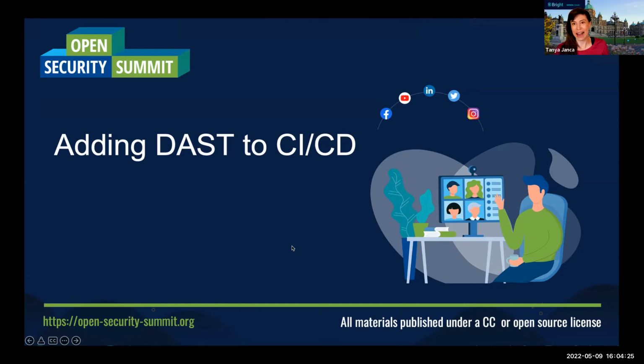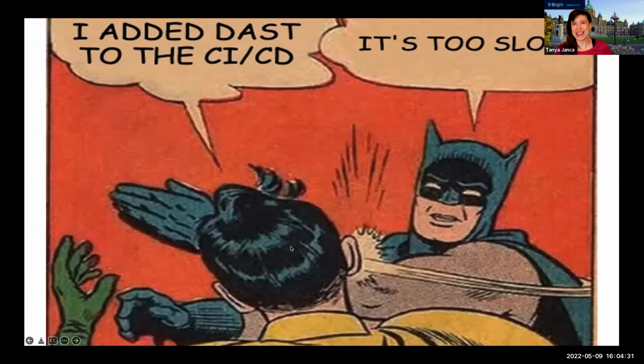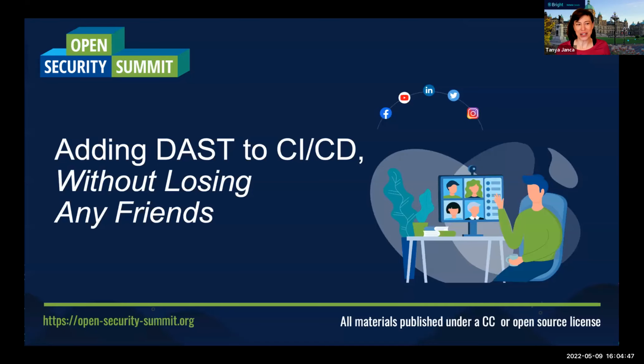I called it at first adding DAST to a CI/CD pipeline, but then I remembered the first time I ran a DAST in a CI/CD pipeline, and it took forever. It was like, you can't just run this for 6 hours, Tanya. Our CI/CD used to take like 12 minutes. Now it takes 6 hours. This is not cool. And so I want to talk about how you can do this, but without losing any